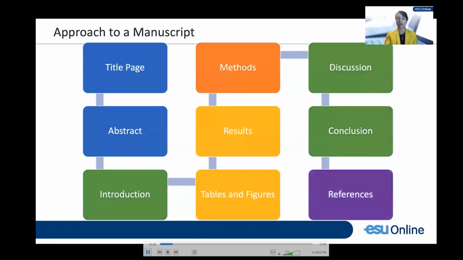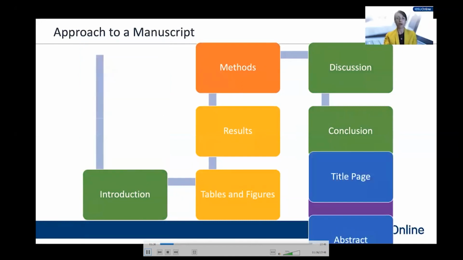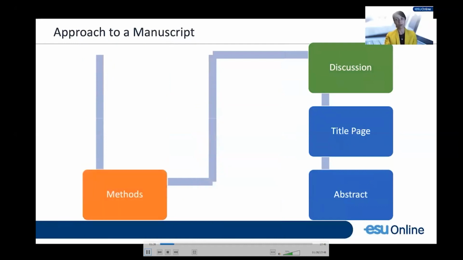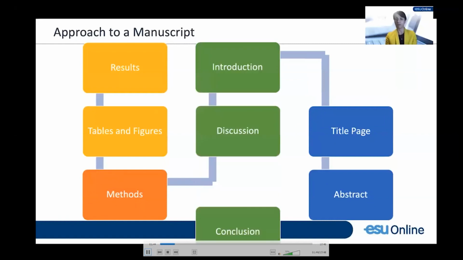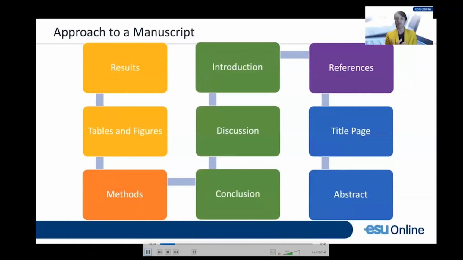So I think about categorizing my topics and parts of the paper according to what really flows together. And then I reorganize. So I think that the results and the tables and the figures are really the heart of the matter. And as such, I move them to the very beginning of my writing process. And so this ultimately here is how I structure my papers when I write them. I start by putting together my results and tables and figures. And then from there, I go on to writing the methods, introduction, discussion, conclusions. Of course, your references come with all of that. And then I put together things like my title page and abstract.